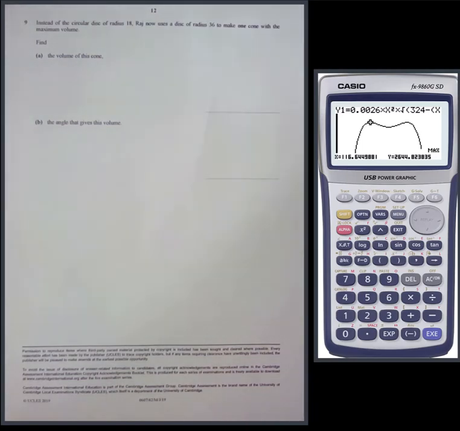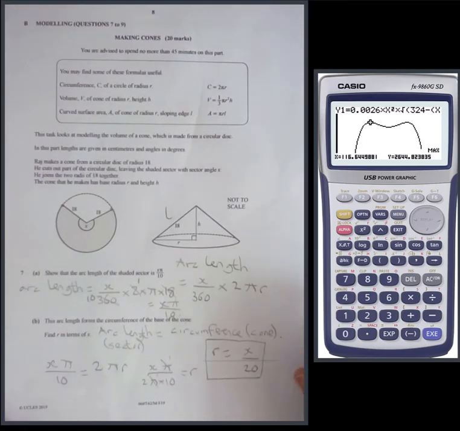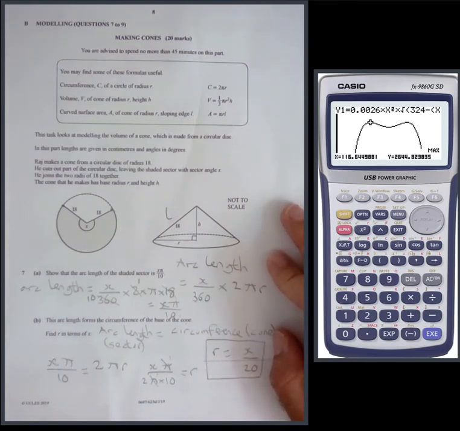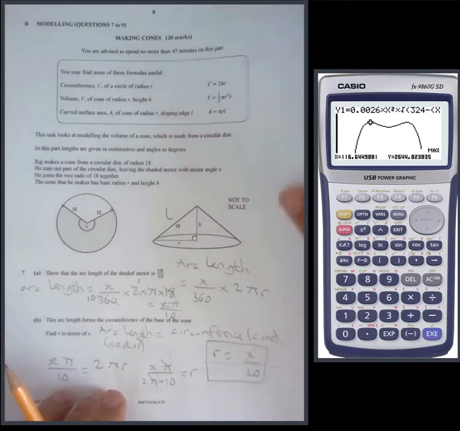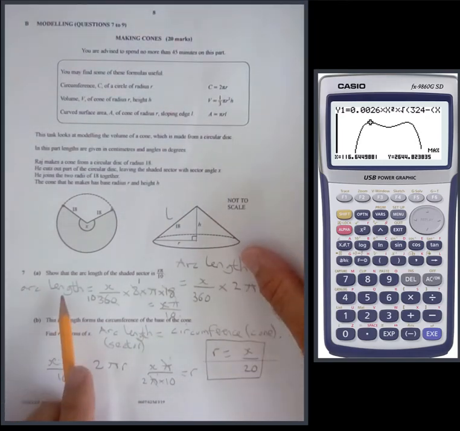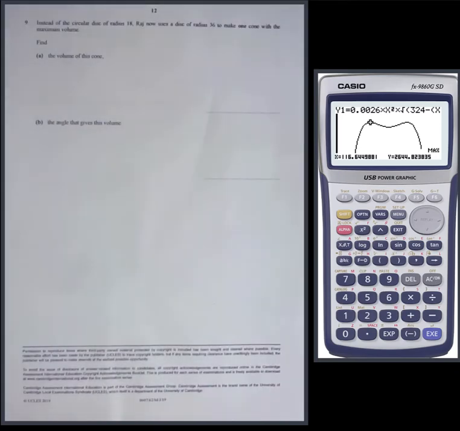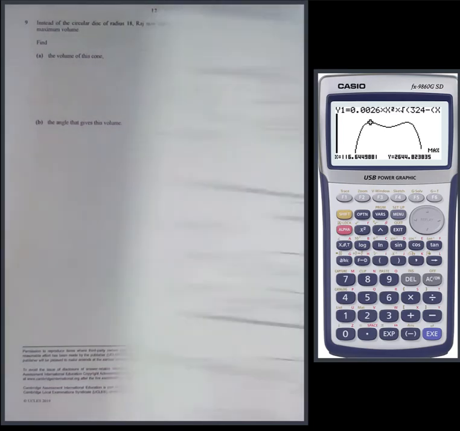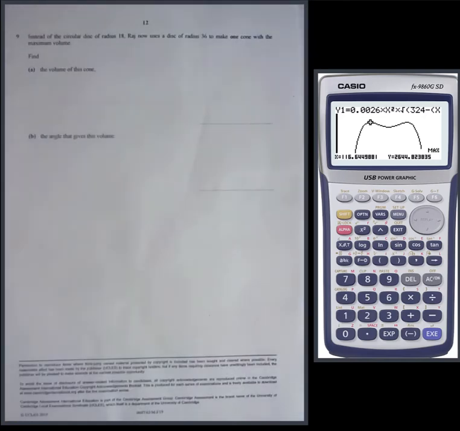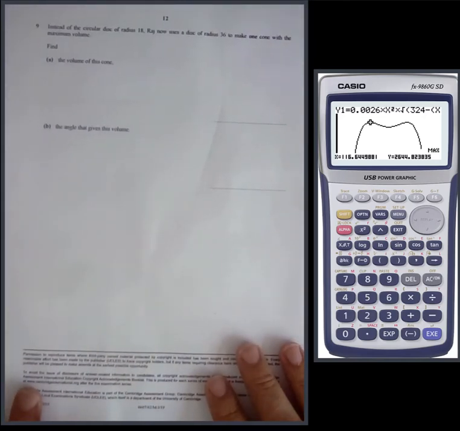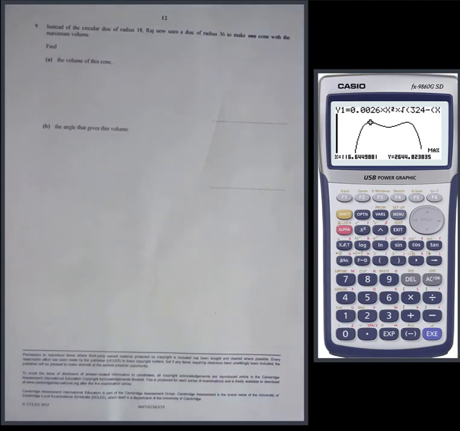So if you have a look at the beginning, remember how it started. So we had this sector of 18, so basically this is now 36, right? So we built a model for cone volume, and it came from, we got expressions for arc length, for radius in terms of x, and then we had height in terms of x, and then we used those to find the volume model, right? I'm going to do all of that from scratch, and hopefully it won't take too long. So if we start from the beginning,